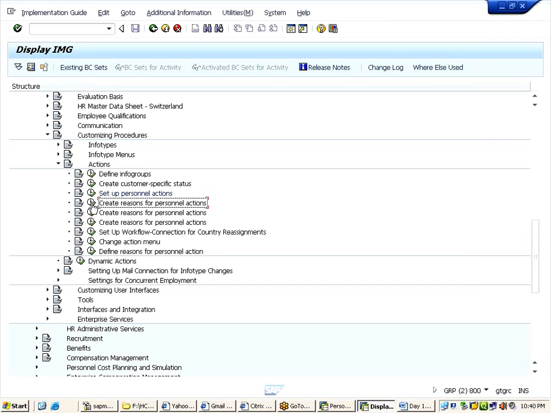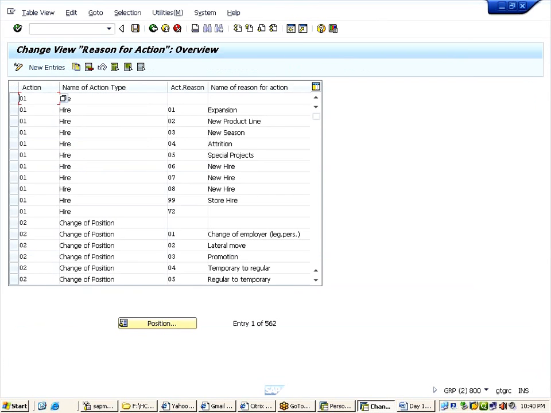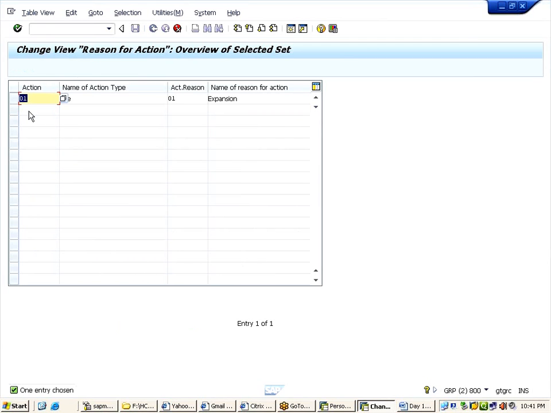Go to new entry. What is your action? HI. Second reason I want is when will you hire people? When the attrition rate is very high, also you will hire. Like this, guys, you need to create reasons for your actions.